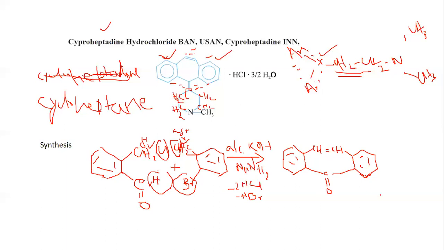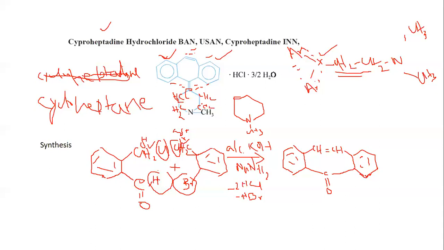Why have I kept this C double bond O? Because there is one double bond here. So I need to create this double bond by putting one double bond linkage here. If I put the double bond linkage here now, later it will be easier for me to create this double bond here. So now, how to incorporate this piperidine ring? This is the piperidine ring, basically N-methyl piperidine. This is piperidine, the saturated form of pyridine, and here it is one methyl, so it is N-methyl piperidine. So how to incorporate this piperidine ring here together with this double bond?